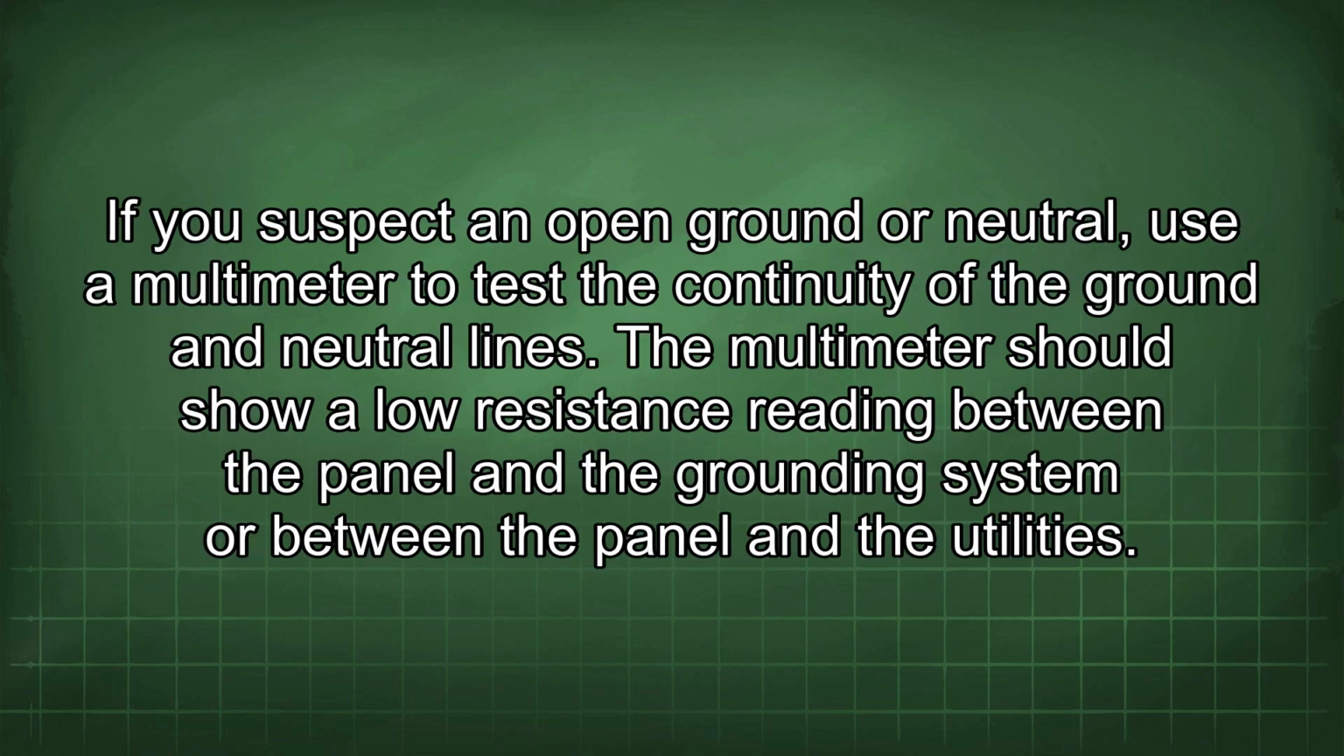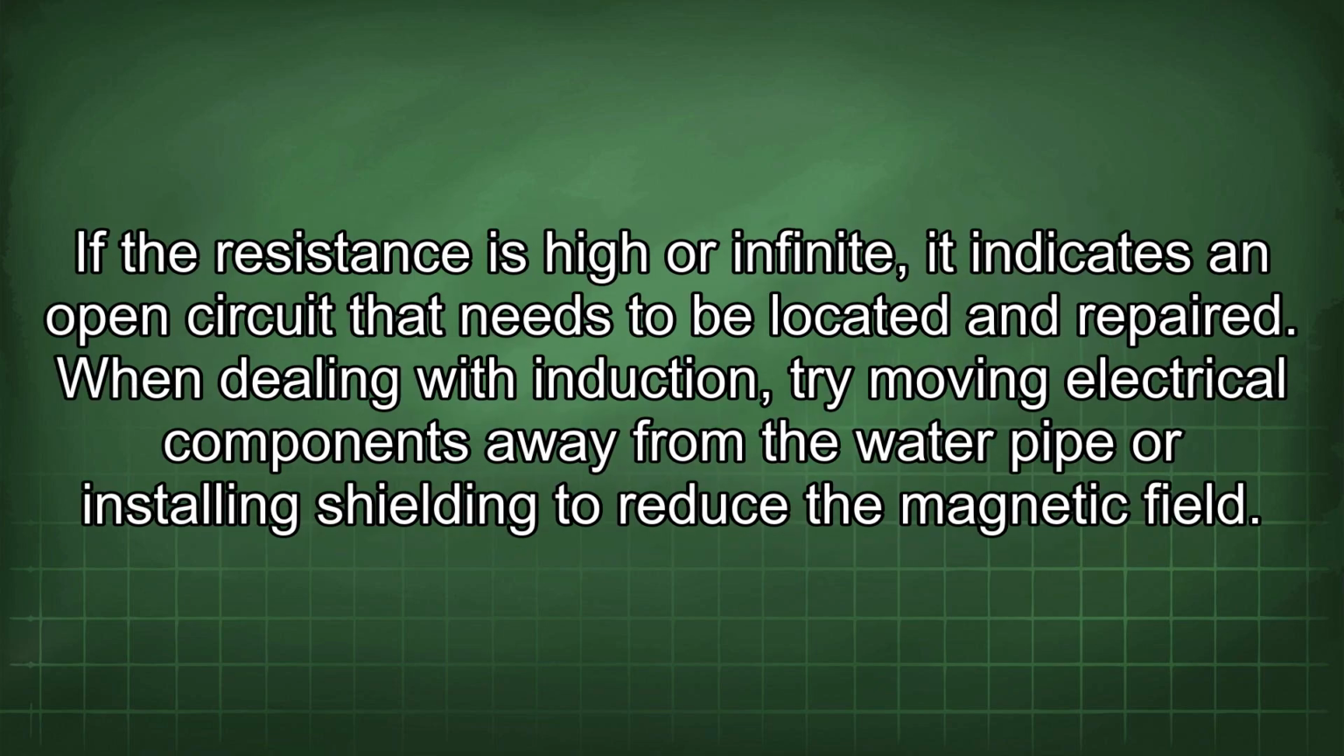If you suspect an open ground or neutral, use a multimeter to test the continuity of the ground and neutral lines. The multimeter should show a low resistance reading between the panel and the grounding system or between the panel and the utilities. If the resistance is high or infinite, it indicates an open circuit that needs to be located